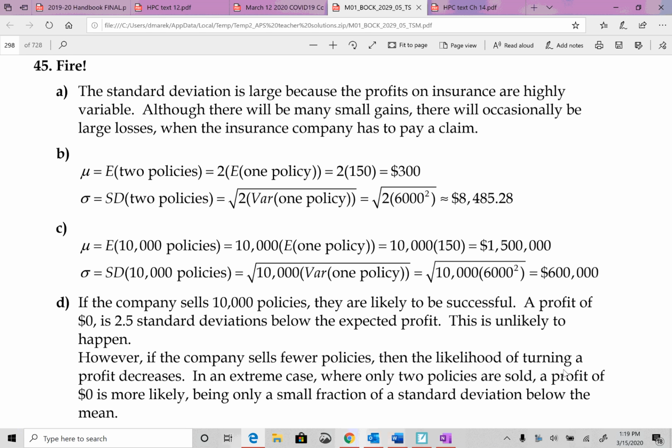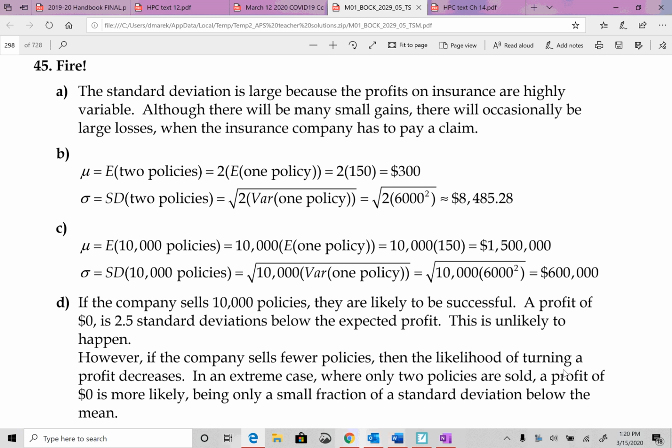So then part B, yes, the expected outcome here, if you only sell 2 policies, is an income of $300 with a standard deviation of, oh my goodness, 8,485.28. If they sell 10,000 policies, expected value is $1.5 million. And then standard deviation, again, square it, turn it into a variance, multiply by the same scale factor, 10,000. Then take the square root back down to a standard deviation,